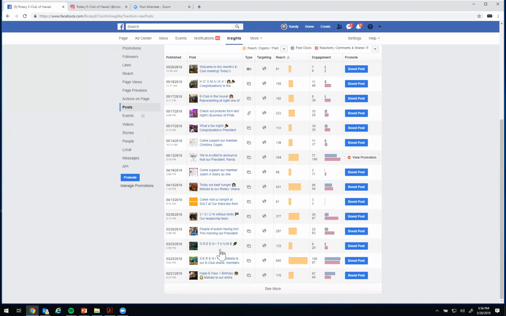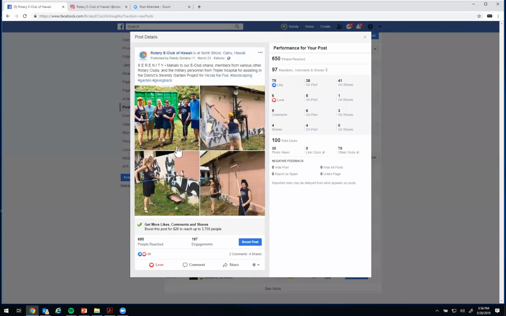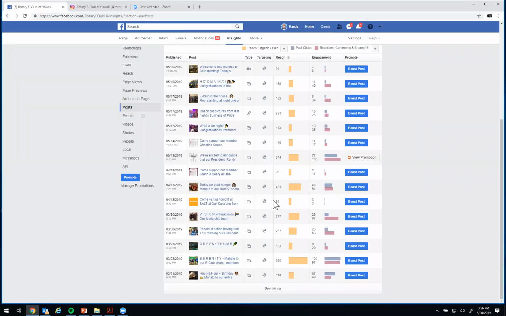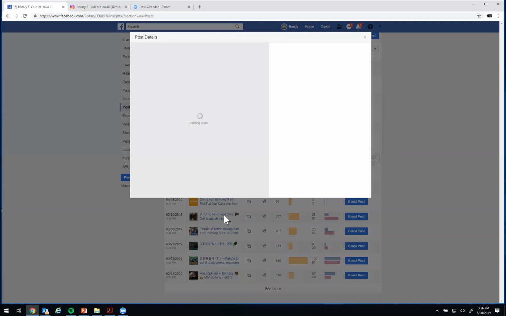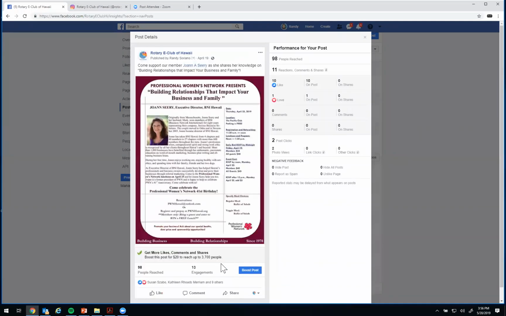So for example, you can see here that a lot of the posts that do well for us are posts with people in them or service projects. The posts that don't do well, like I said earlier, are the posts that have a lot of words or flyers. Our club typically tries not to post these things, but we also like to promote our members when they're doing great things.